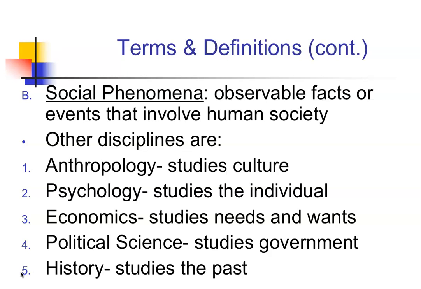Now, for number 1 and 2, I kind of started at the bottom of the list because psychology and anthropology are the most closely related classes as far as the social sciences go. Psychology is when you are studying an individual. So we're focusing more on mental health issues. We're focusing on their past history, their relationship with their family. We're trying to figure out what makes someone tick. Someone who goes into psychology obviously could be a psychologist or a psychiatrist if they choose to go to med school so they could administer medicine.